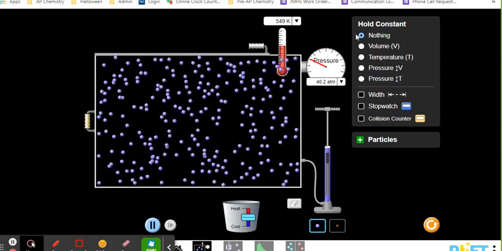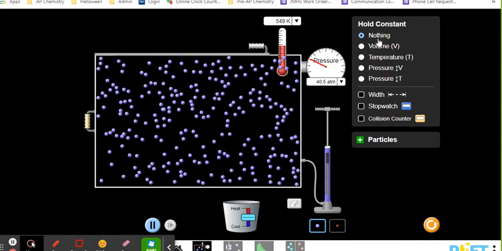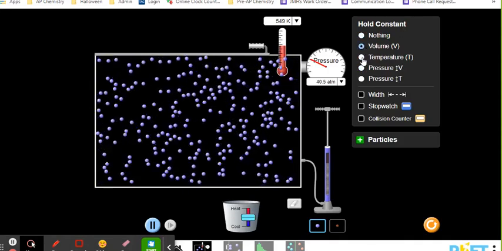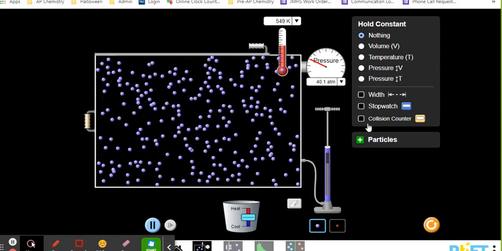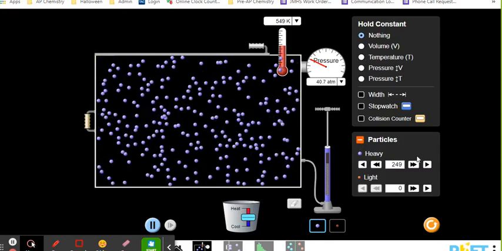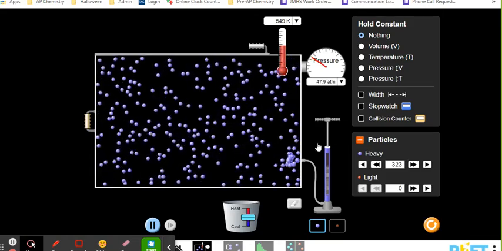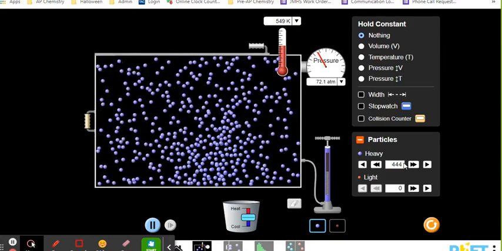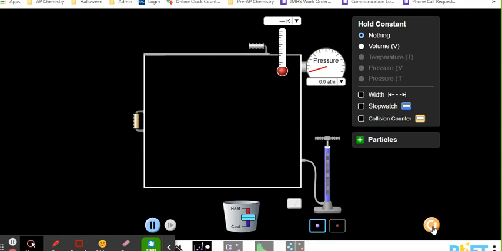Then you also have, for tomorrow, you have this option, hold something constant. So there'll be a question that you can use this simulation for sure. Okay? And then finally you have this. This is counting up your particles. So if I pump more particles in there, that number is now changing. Okay? And then you can always come down here and reset it. All right? So you have all of those options to use. So I would have this